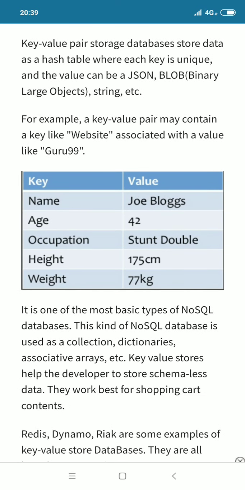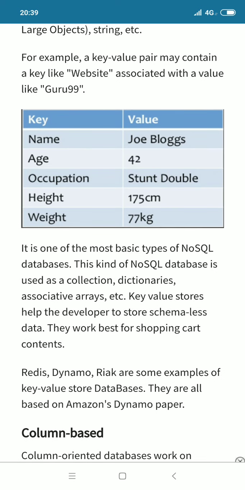This kind of NoSQL database is used as a collection, dictionaries, associative arrays, etc. Key value stores help the developer to store schema less data. They work best for shopping cart content, right? So if you need to build a product like shopping cart, then you can go for the key value NoSQL database, right?